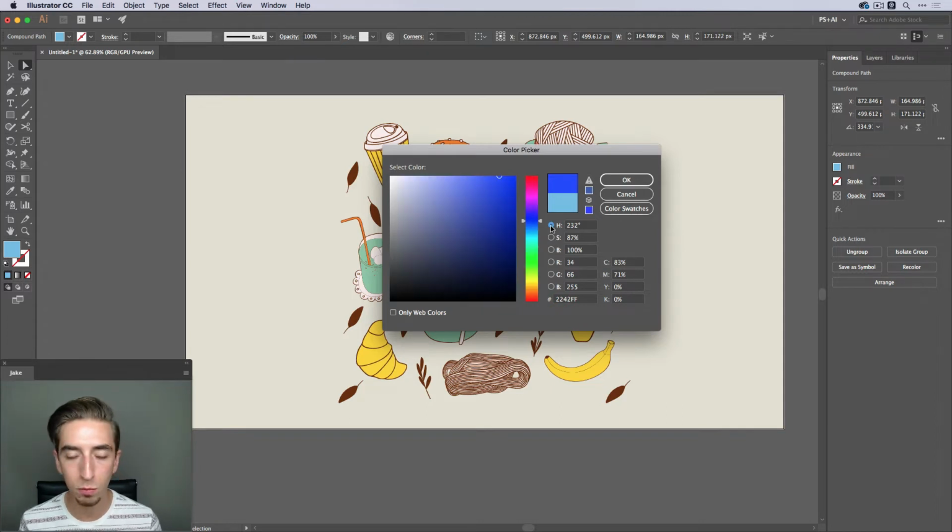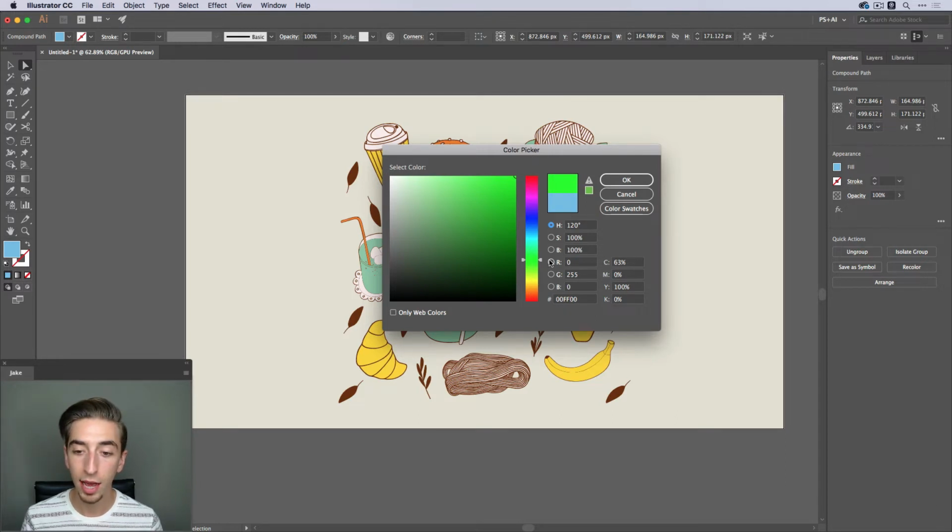Like I said, I'm almost always on the hue. That's just what I'm used to, and it makes sense. But if you ever wanted to, you can swap between those just by clicking on these radio buttons. Next up is this R, G, and B, and these stand for red, green, and blue. So if I were to put this in the green area and I make it really bright, really saturated, then we have 0 on the red, 255 on the green, and 0 on the B,